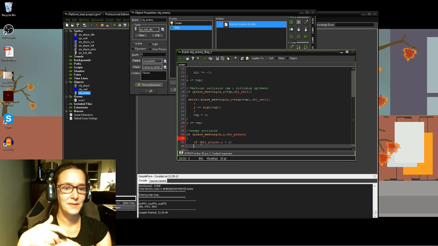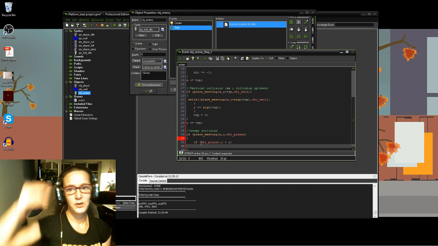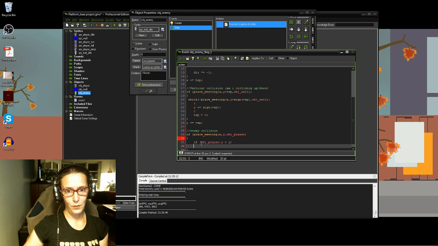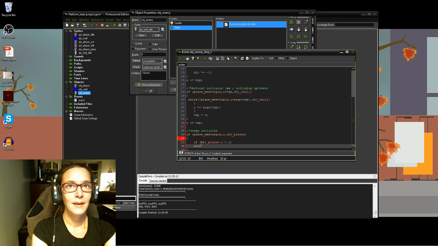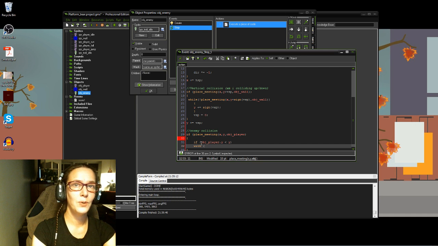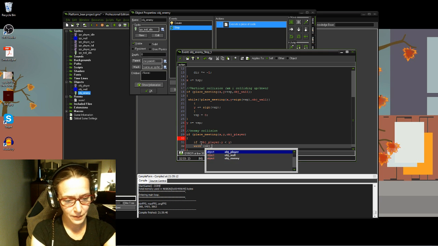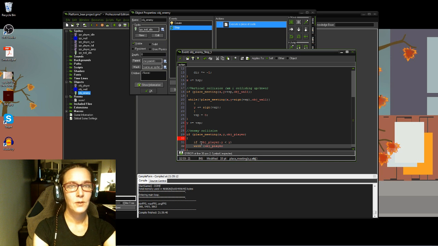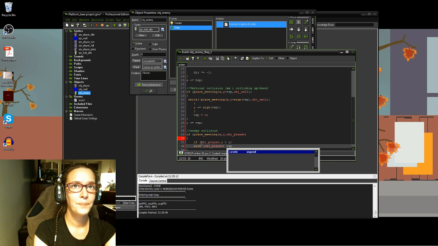One of the things I want, because that's kind of a classic thing, is that if you jump on an enemy, you get to jump in the same way as if you were on a floor. So with, and that's because what's happening here is not happening to my enemy object. Even though I'm writing this code inside the enemy object, the object I'm referring to here is the object player. So with object player, and then I'm basically just going to do the same thing that I do when you